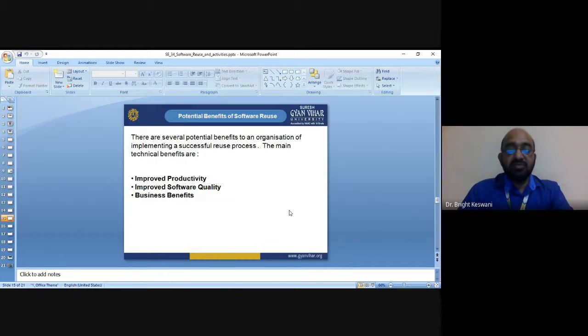Otherwise, less obvious benefits include the chance of both direct and indirect new business opportunities, as the components themselves can be sold or new markets can be identified. Economic benefits will include saving money on the development of new products, saving money on the productivity of the development team, and reducing the time to market of a new product. So, there are several potential benefits of